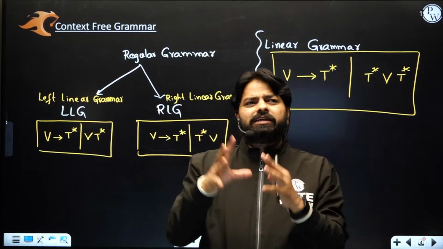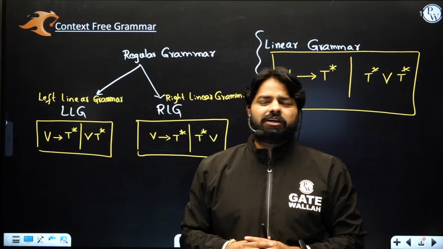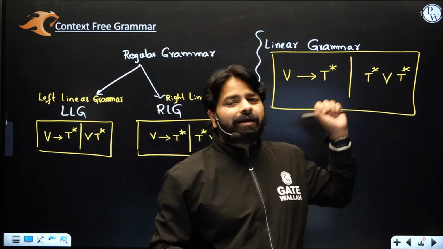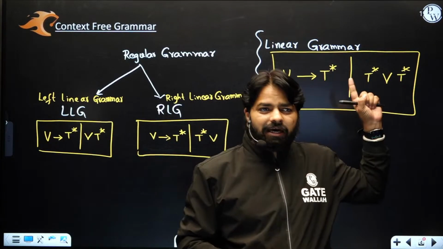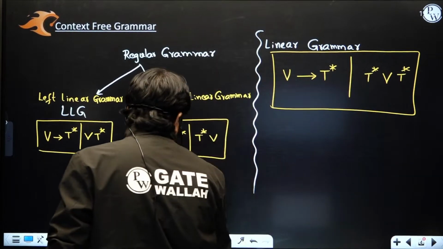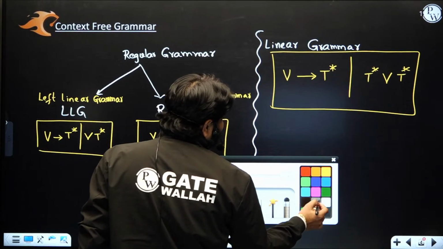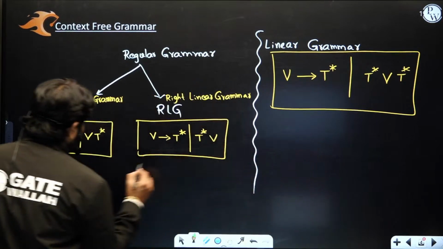So by looking at these definitions, every left linear grammar is a linear grammar, every right linear grammar is a linear grammar. So you can write a lot of important points here. Okay, you can write a lot of important points. What are they? The first point is